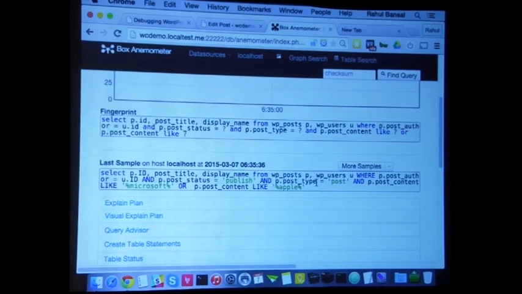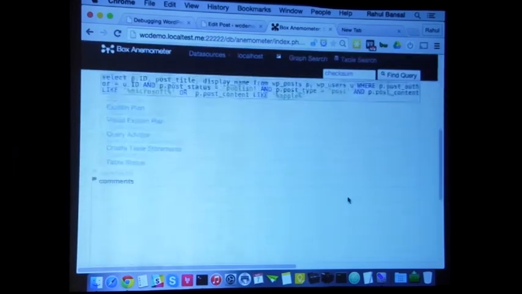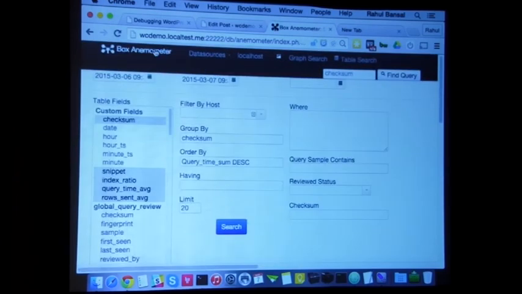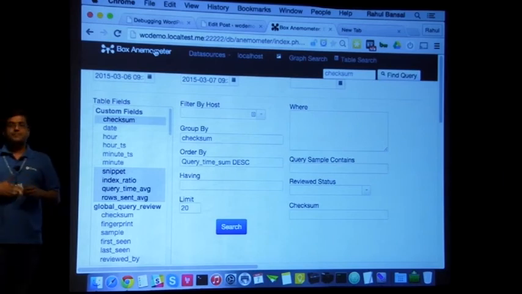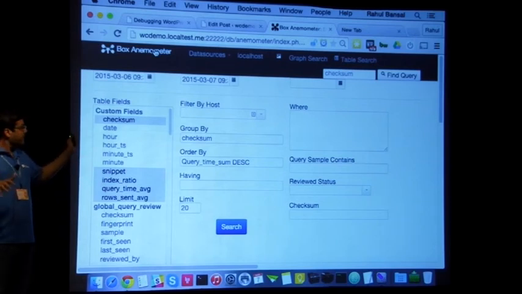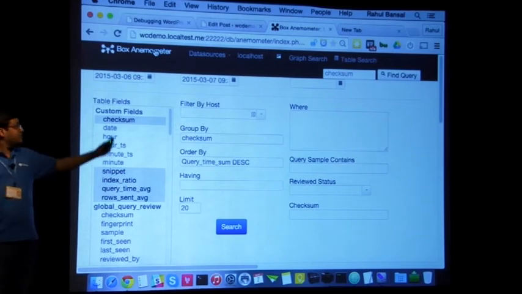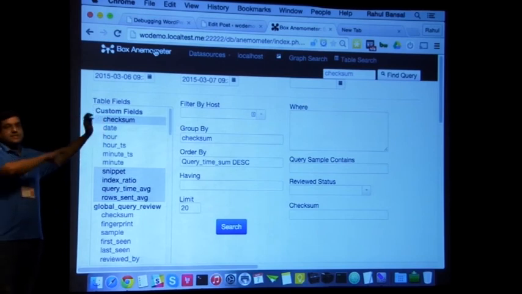So this is the Anemometer tool, which we use. It has plenty of features, and it requires a lot of configuration. First, you need to enable MySQL slow query log. Then you need to configure some cron job or manually import that slow query log into this Anemometer. Anemometer itself uses a database, so it has its own table.